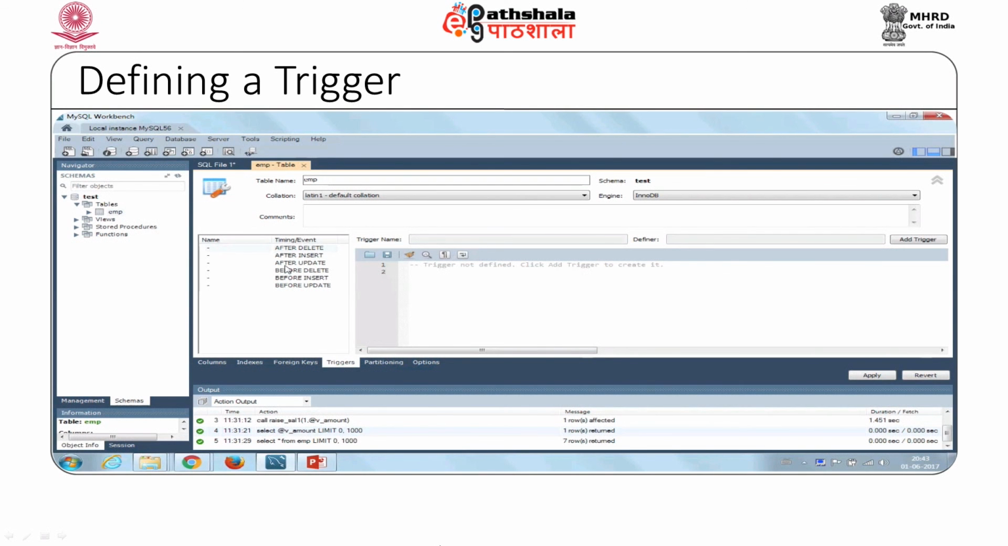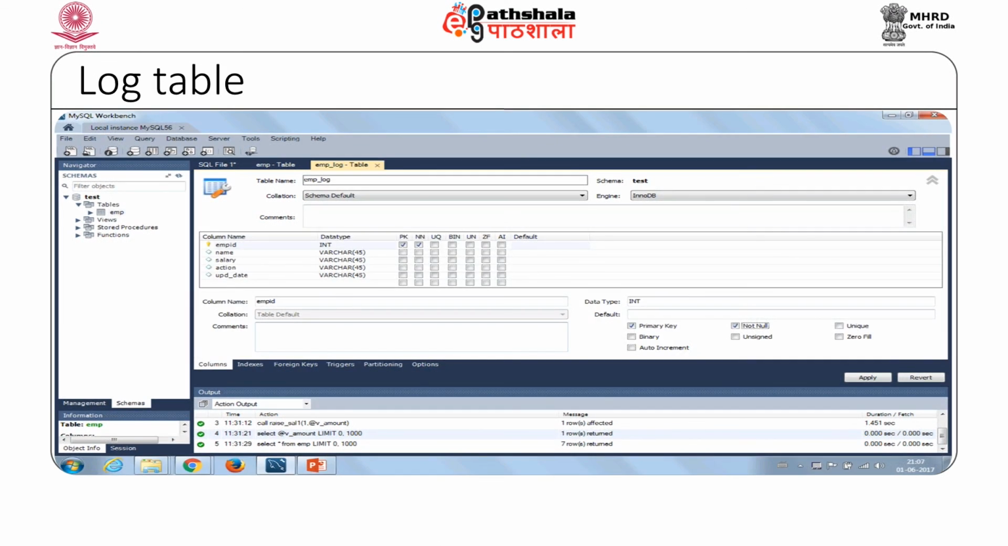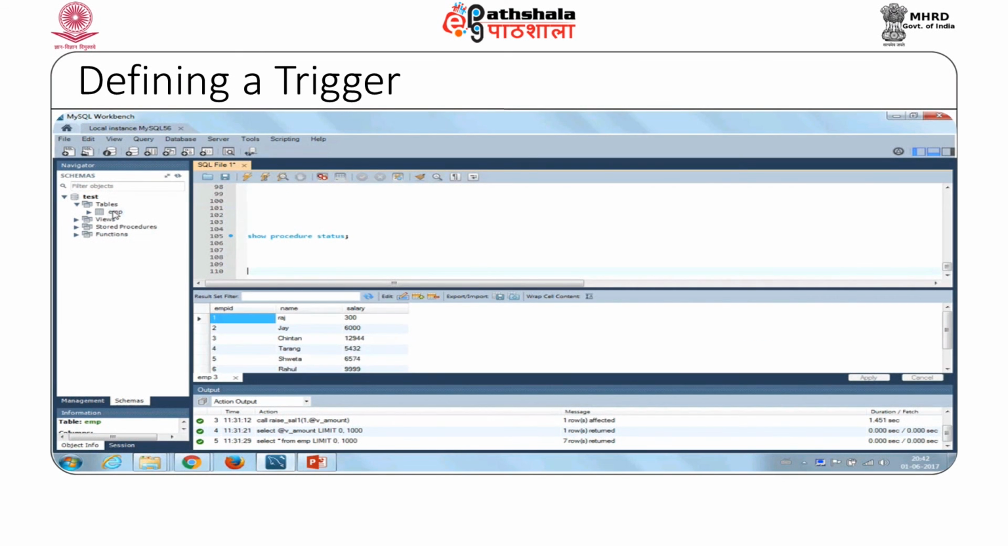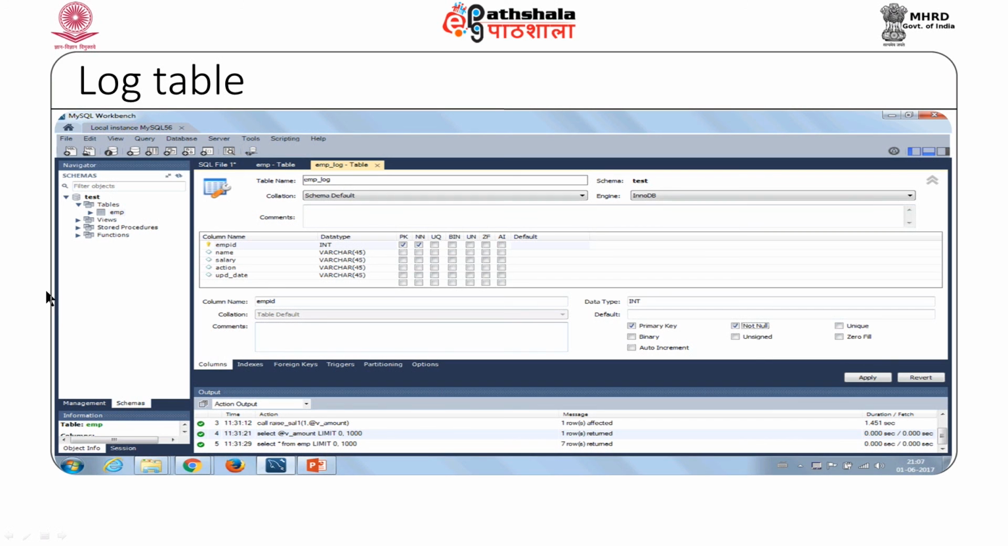So, let us select the event and create a log for the insert table, insert trigger. When you want to define the trigger, first of all we will create a log table. My log table is one I have created with the same fields as employee. As you can see, I have got employee ID, name, salary, but I have added two fields, action and updated